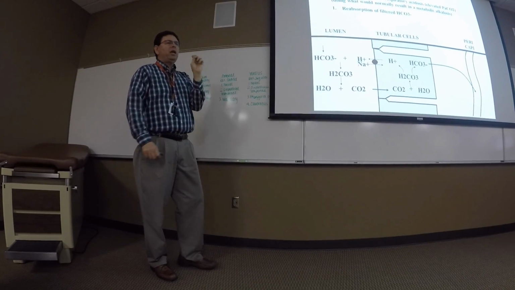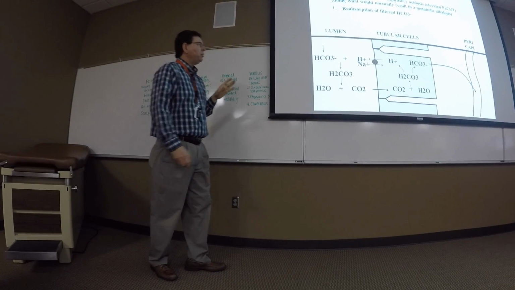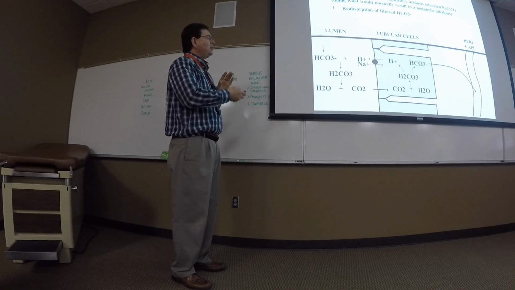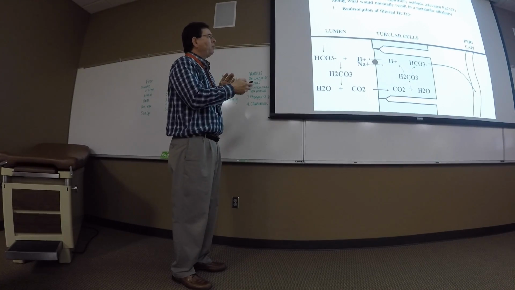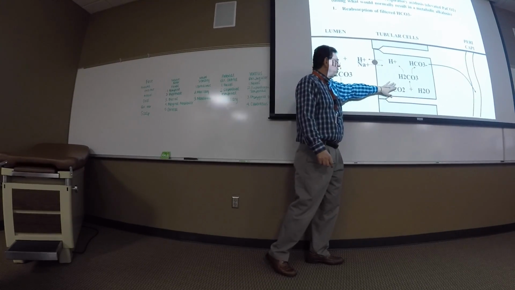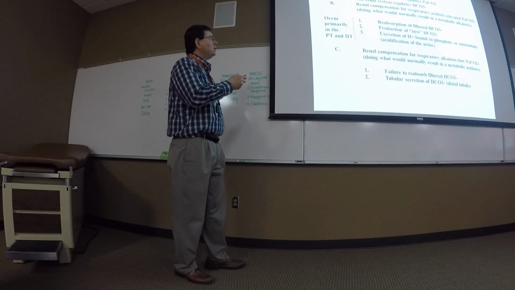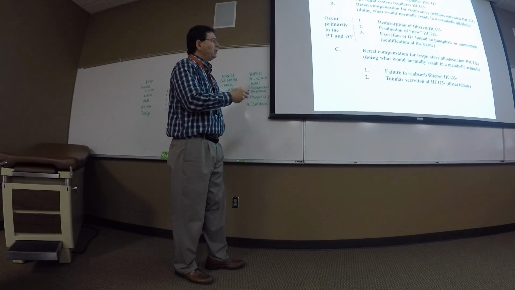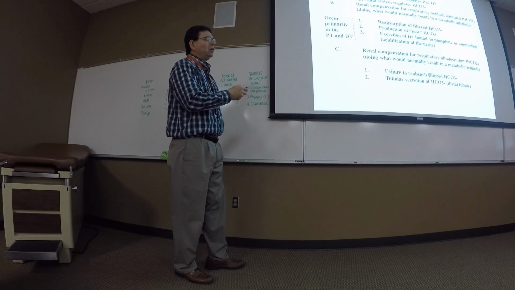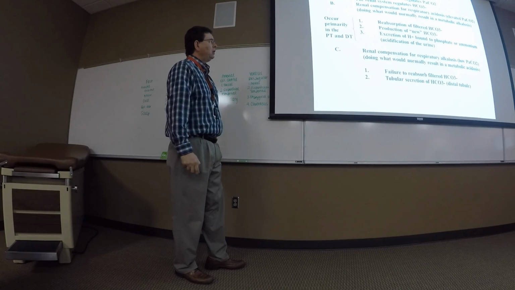Now these slides are just scary as all get out because it seems like there's a lot of stuff going on, but you take this equation one step at a time and it turns out, oh, this is really, really simple. So these slides are looking at how we reabsorb filtered bicarbonate. Here's the lumen of that nephron, here's our tubular cell. The mechanisms I just mentioned occur primarily in the proximal tubule and the distal tubule. That's where reabsorption, production, and excretion take place.